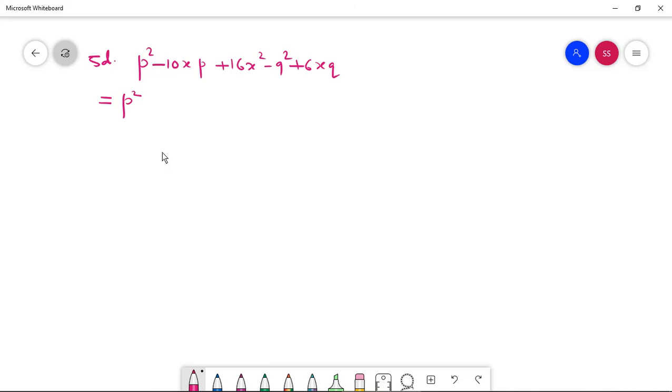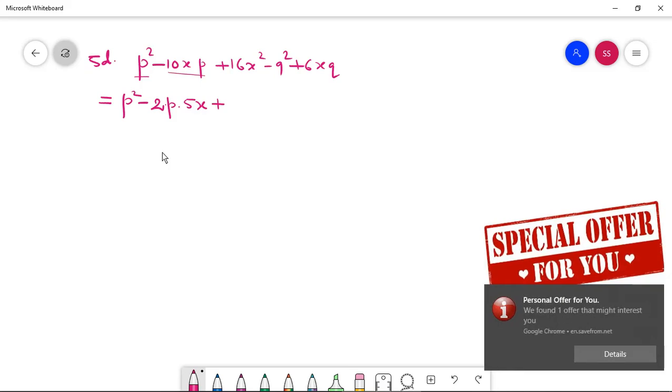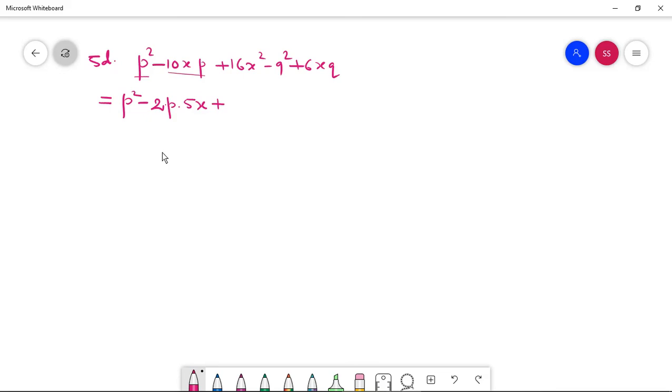First one is a perfect square. Now in the second part, this is a square number, this is a square number, but this is not, so it will be in the AB form. These two are in A square and B square form. So I have written 9x square minus 6xq plus q square. I have just interchanged the position. While taking a negative sign common, it will interchange the signs: positive becomes negative, and negative becomes positive.